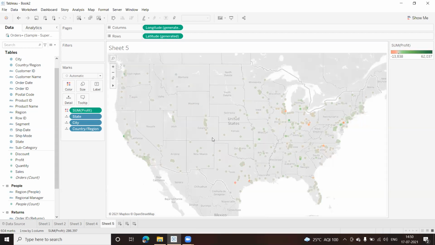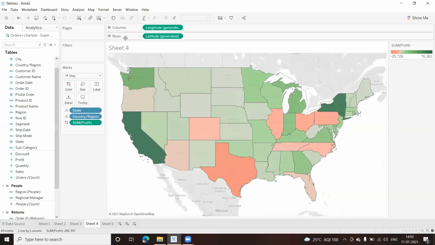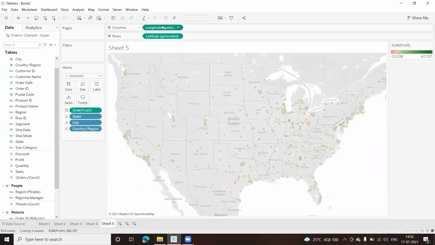Fine. And you might have noticed in both the cases, in your columns and rows, you got the generated fields. So longitude, latitude. Okay, that got added. Similar here also. You can see this latitude and longitude got added. Clear? And you can go to any of the pictures, the darker the green color, the better the sales value. Now, the state, city, if you want, you can do more changes here. Okay, darker color, you can come to some other options and so on.